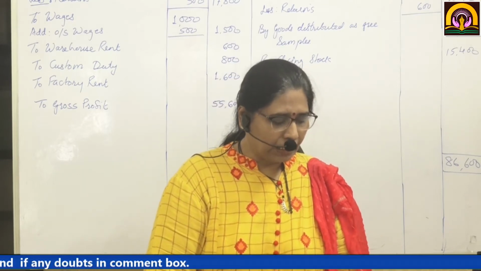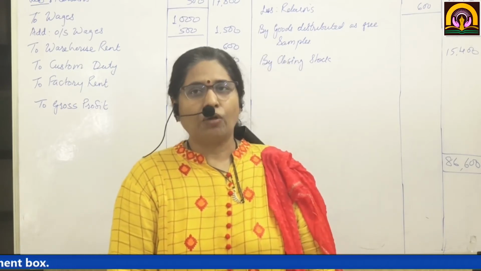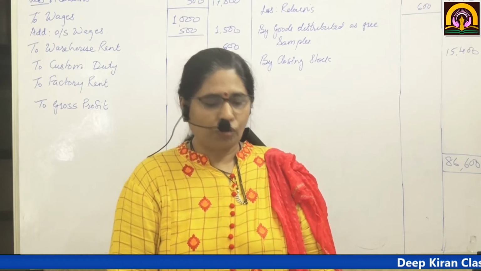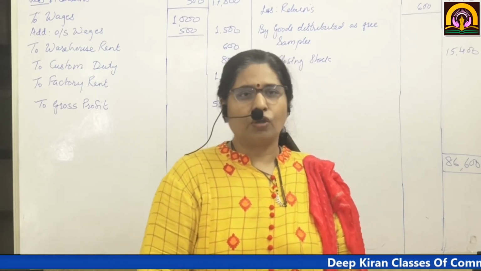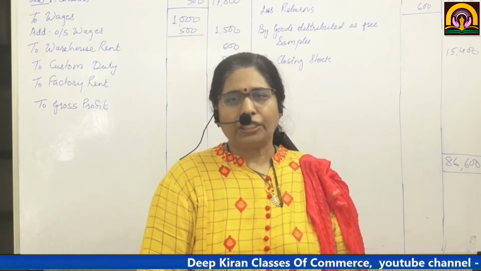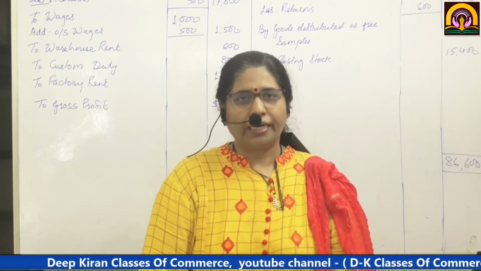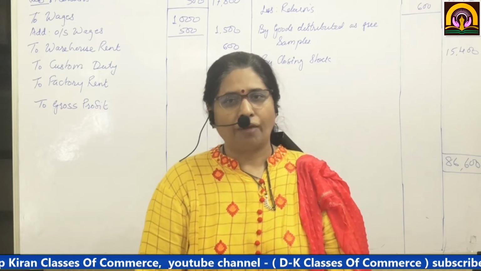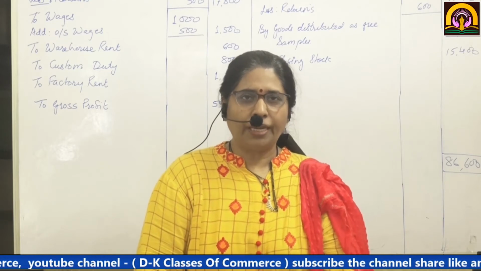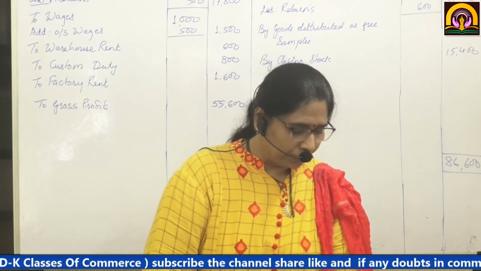Now credit side, see, sales, you are going to write it on the trading account credit side. Dividend, now this is dividend received, so you are going to write it on the profit and loss account credit side. Purchase returns, you will minus this from purchases. Then sundry creditors, balance sheet liability side. 10% bank loan, now it is on the credit side, that means it is our liability. We have to pay back after a specific period, for the period they have given us the loan. So it will appear in the balance sheet liability side.